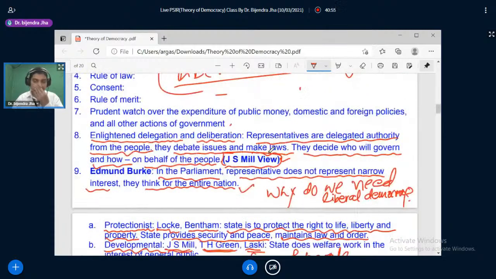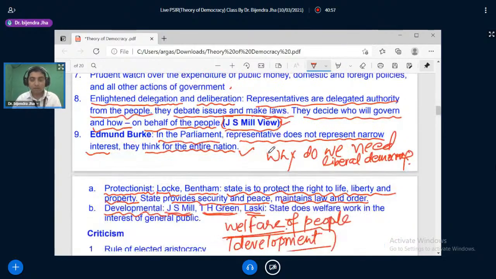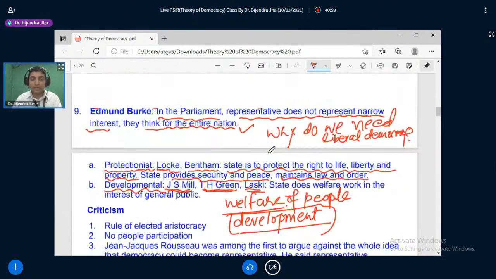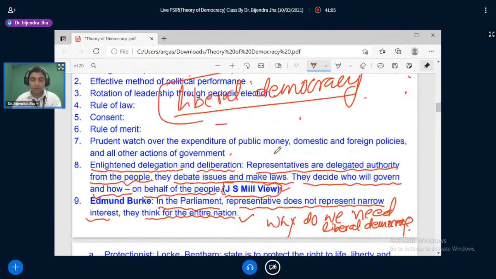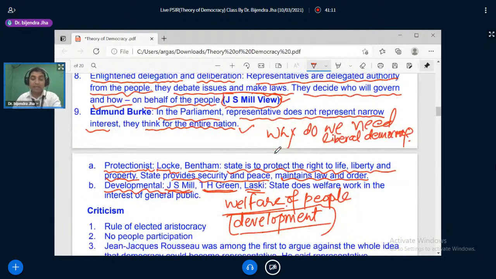ठीक है, criticism भी लिखना होगा, right? भले ही आप इतना सारा फीचर्स ना लिख करके 4-5 फीचर्स लिखें और जे एस मिल और एडमंड बर्क का नाम जरूर लिखें, जॉन लॉक का नाम जरूर लिखें, और एक लाइन में आप प्रोटेक्शनिस्ट को लिख दें कि स्टेट इज सपोज्ड टू प्रोटेक्ट द राइट टू लाइफ, लिबर्टी एंड प्रॉपर्टी. जॉन लॉक एंड बेंथम आर एडवोकेटिंग दिस पर्सपेक्टिव. नाउ डेवलपमेंटलिस्ट पर्सपेक्टिव में लिखें आप कि